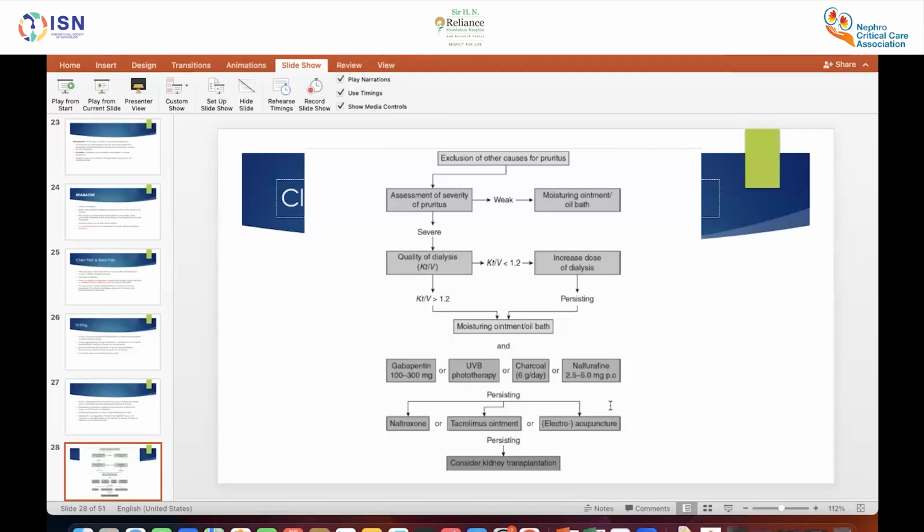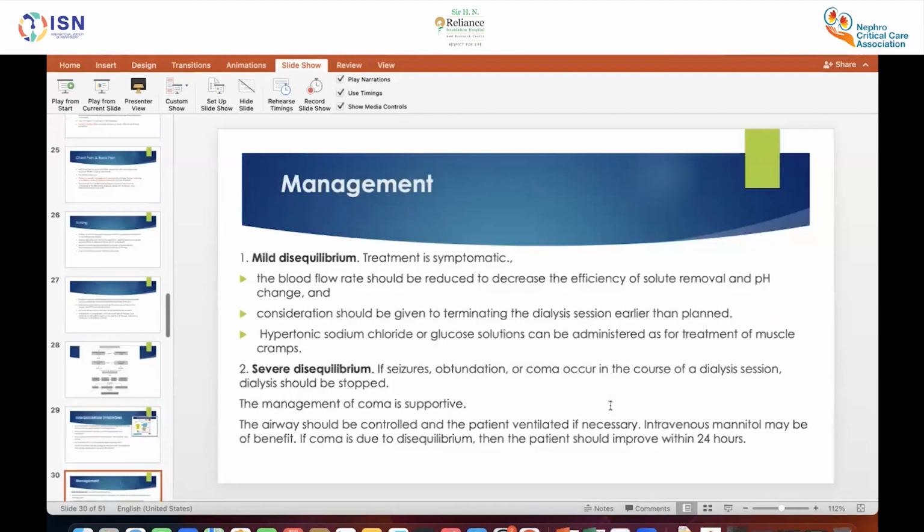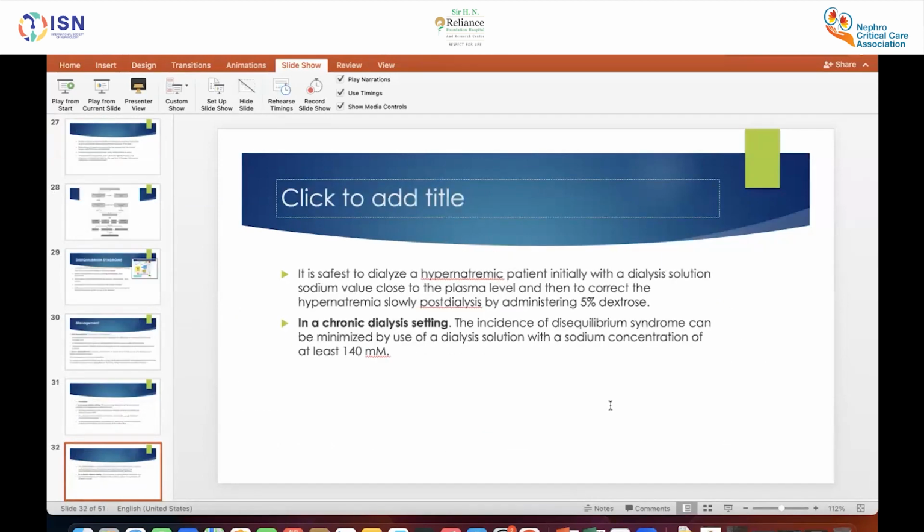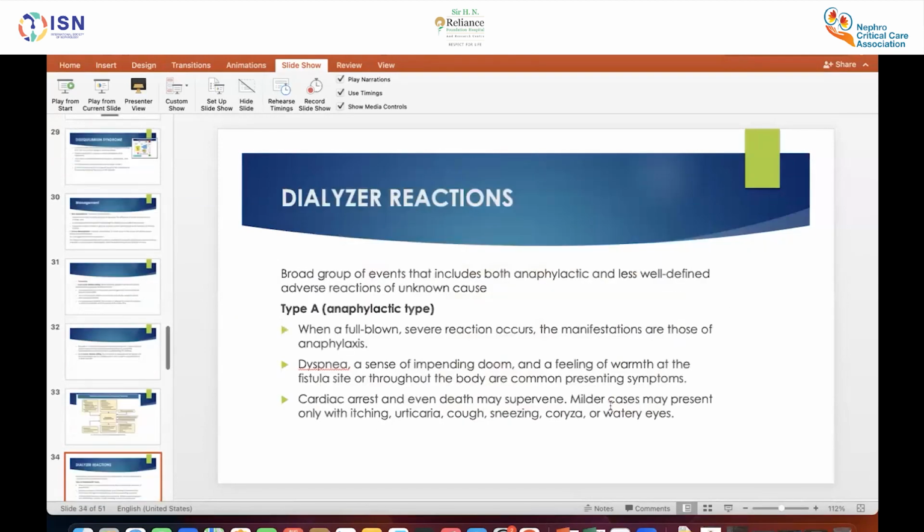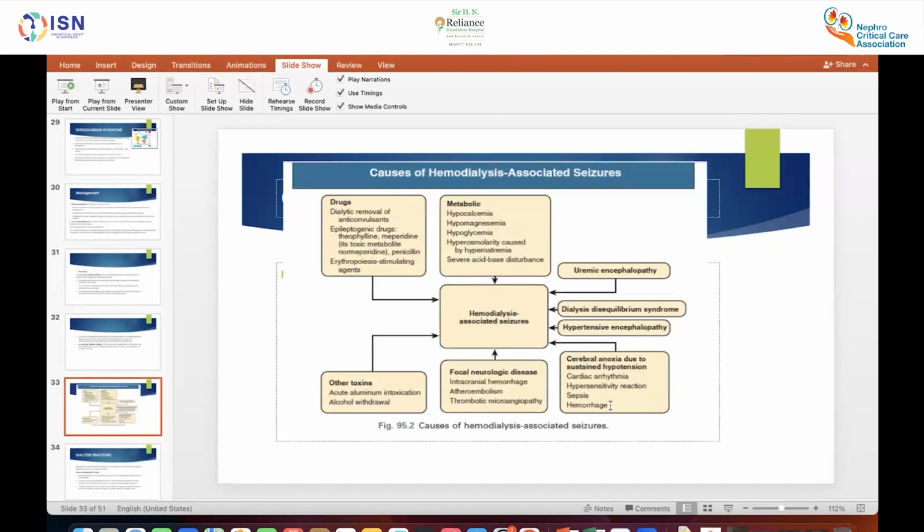Then another thing is seizure. You have talked about this one. You have said quite nicely all those parameters which should be looked into when there is a hemodialysis related seizure. Okay, but most often what we see in our clinical practice is basically the